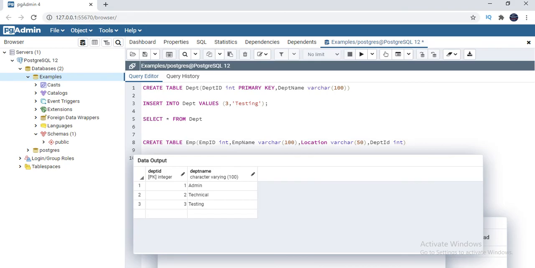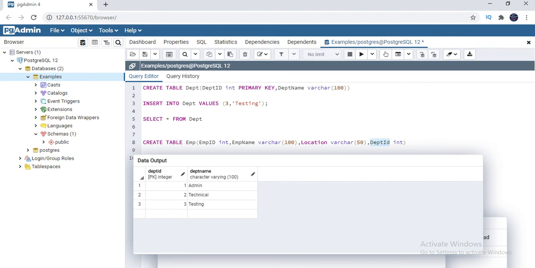Now if you correlate the department to your real example, each and every employee of a company has to be tied to a department. He has to be a part of one department or another, might be admin, might be technical or testing. Means while creating an employee, we need to tag that person to a particular department. Let us say now I have 3 departments: admin, technical and testing. That is the reason why I am using a department ID column in the employee table.